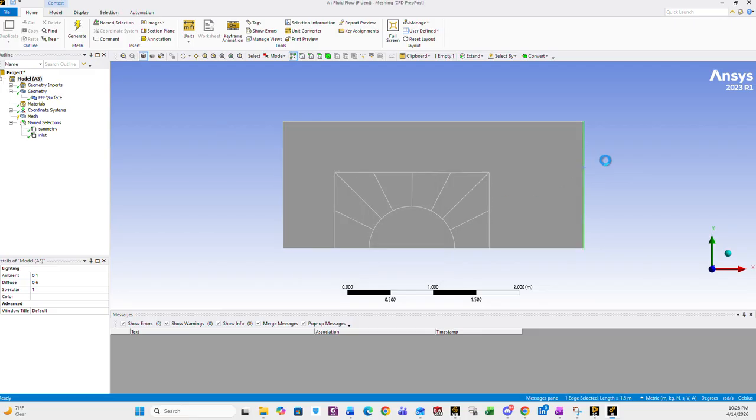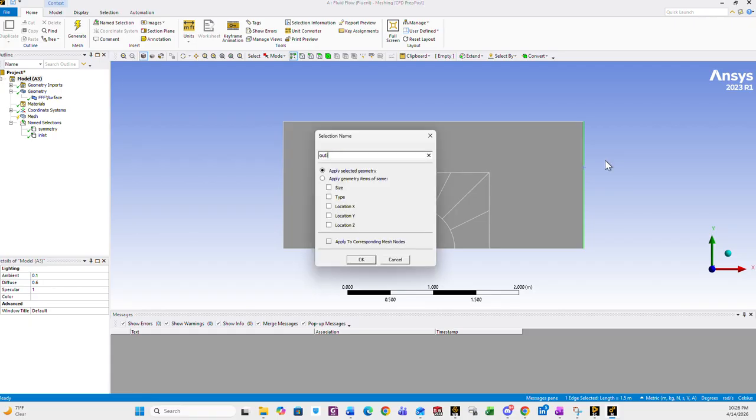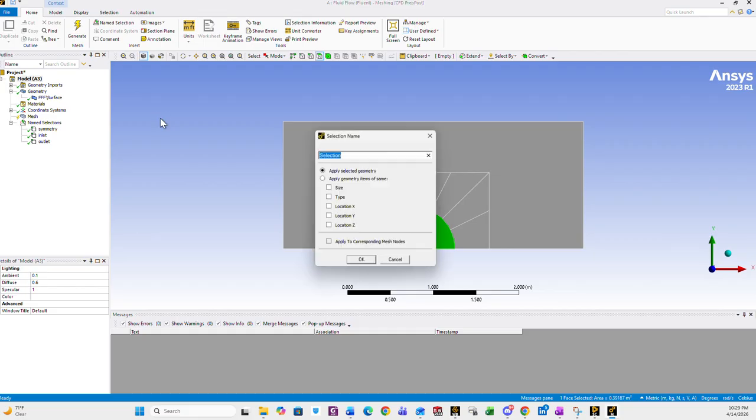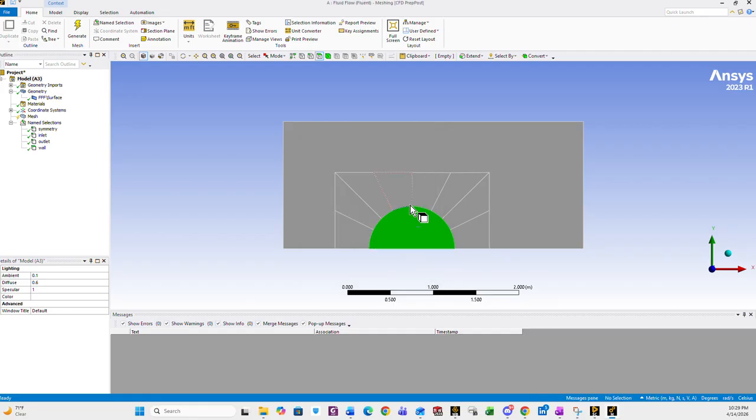Next, we're going to want to do our outlet as well. Outlet. Outlet. And we're going to want to select a circle. Specifically here, this. I mean, I suppose we could also do the face. It'd be perhaps the same thing. And name that our wall. And then you're gonna want to